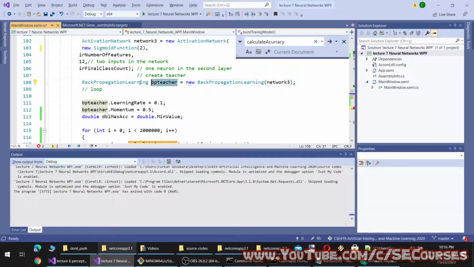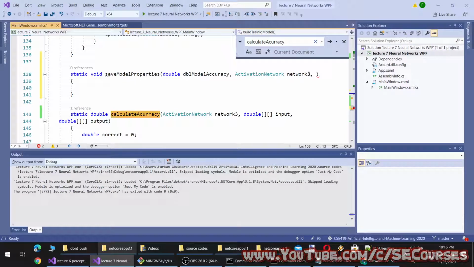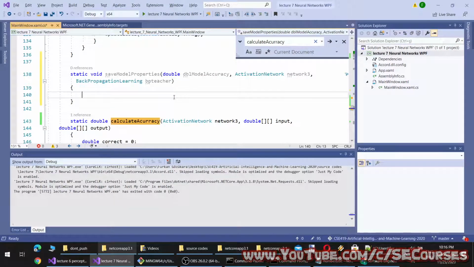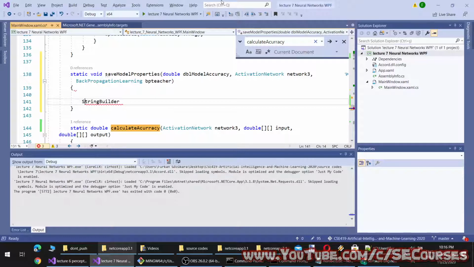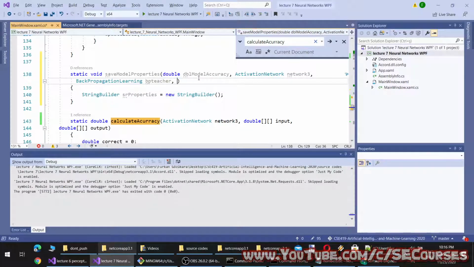Okay, yes, let's make it for backpropagation learning. String model properties, and we can also take the iteration.